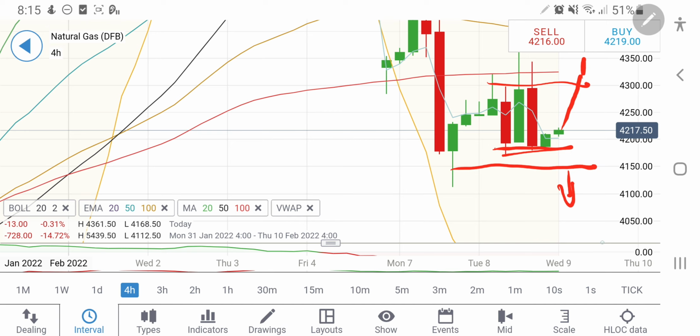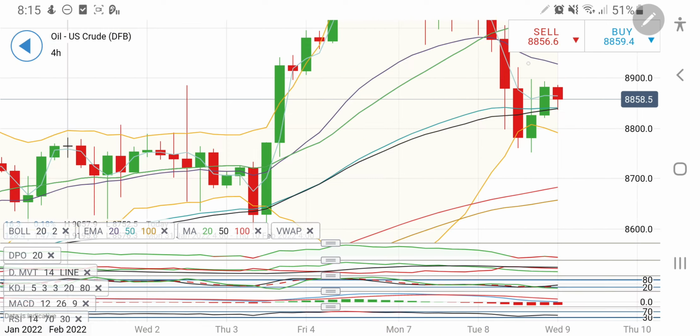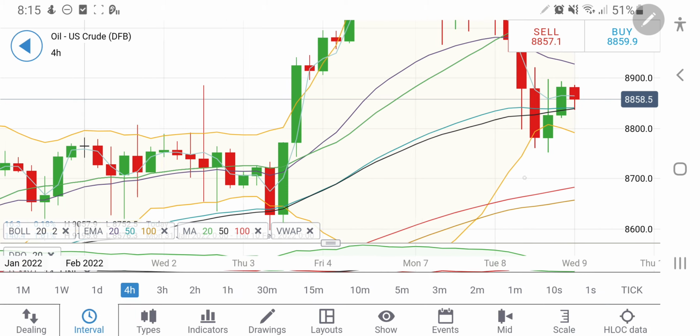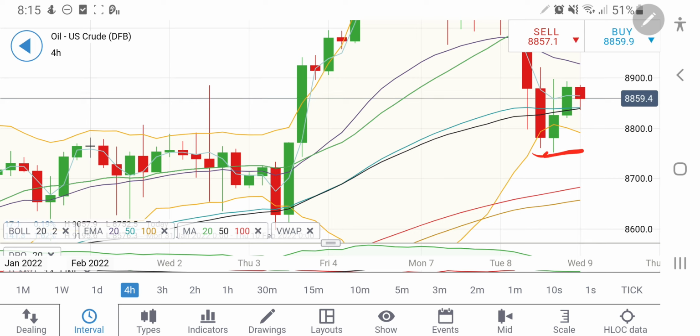Now let's have a look at the crude oil. Crude oil, on the other hand, on the 4-hour charts, you can see here it has got support at 87.5 levels. See what it is trying to do on the weekly and daily charts. It is trying to make a pole and flag pattern. It has seen 7 consecutive weeks of rise on the weekly charts, and it is trying to drop.